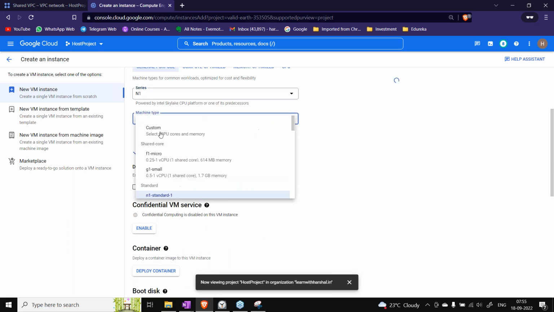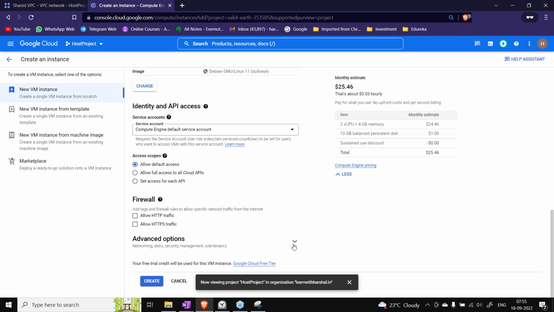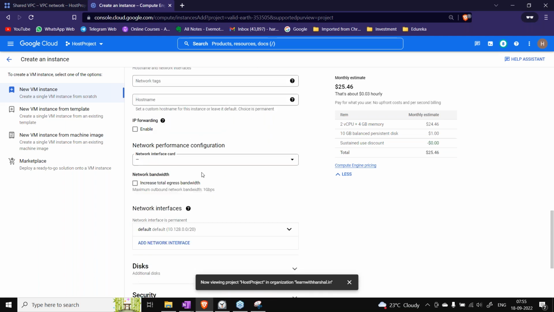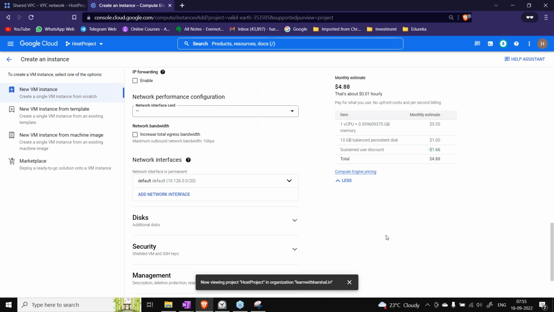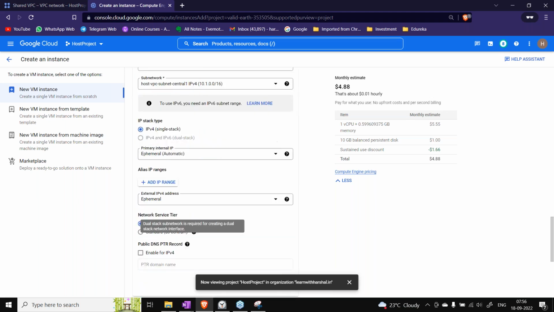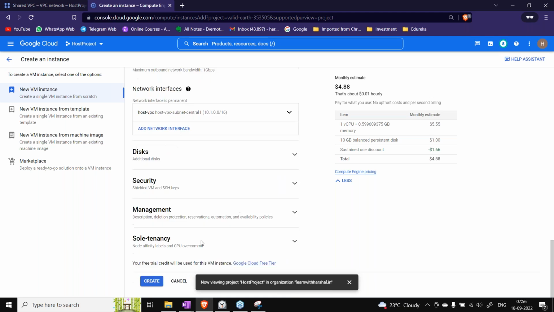Again, I'm selecting a small machine, just in case I forget to bring it down. It will not cost me much, so that's my intention. Because this is the host project, I can only select the host project over here, and let's say none, done, and create.